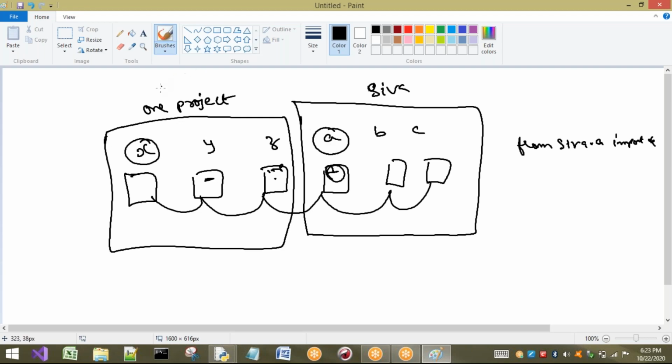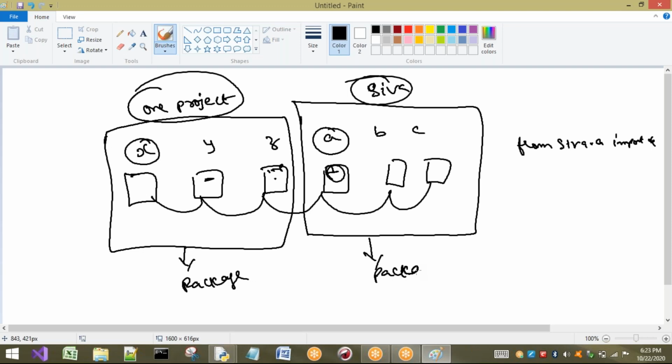Now we are talking about the concept of these things. I have drawn them in a square shape. This is called a package, and this is called one more package. Inside a package, what can you see? A group of modules, and all these modules are related to each other.